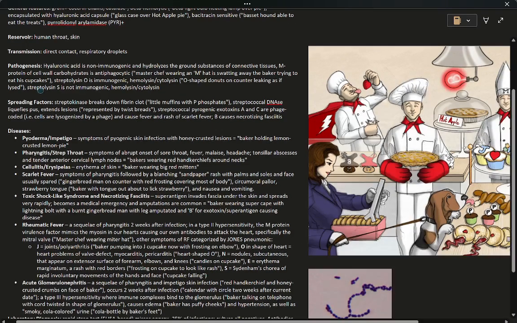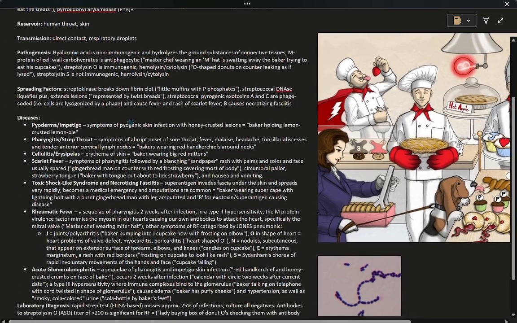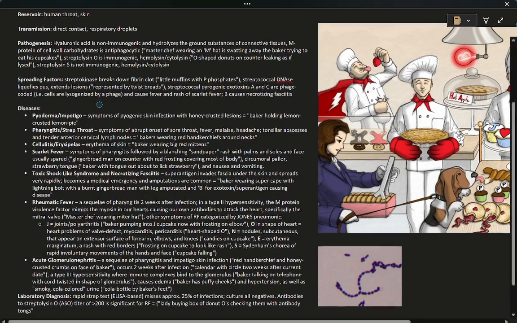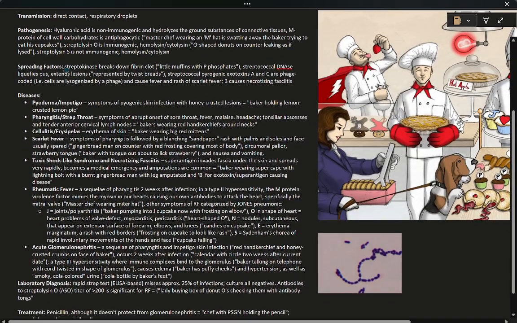On the other hand, streptolysin S is not immunogenic, and it is also associated with hemolysin and cytolysin. By the way, a hemolysin is a specific form of cytolysin, where it is a toxin that breaks down the red blood cells. So, think about O being a toxin that can trigger the immune response, while S is something that at least does not trigger an immune response. Regarding the spreading factors, first we